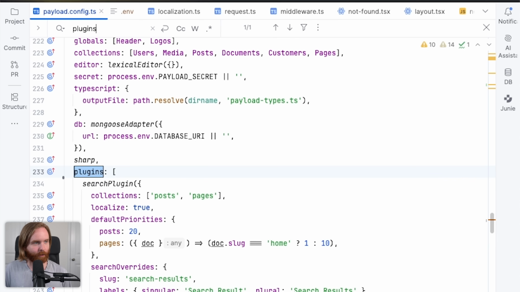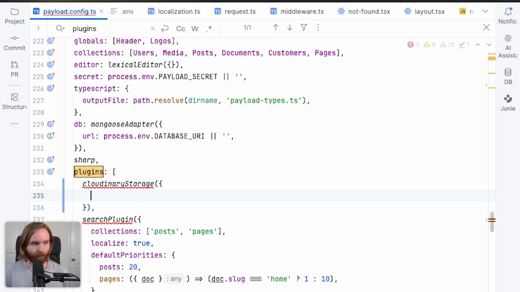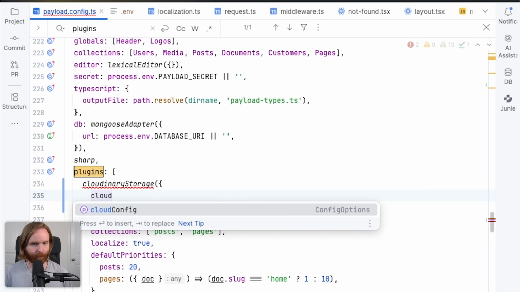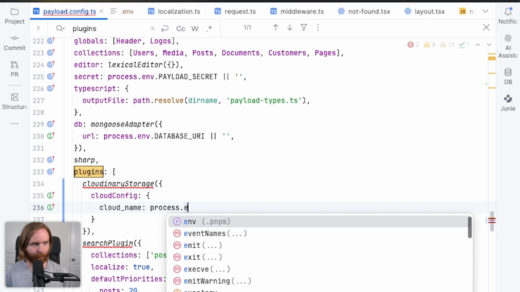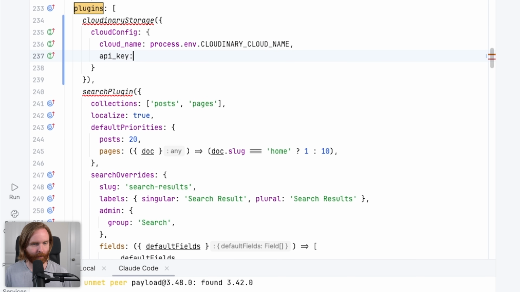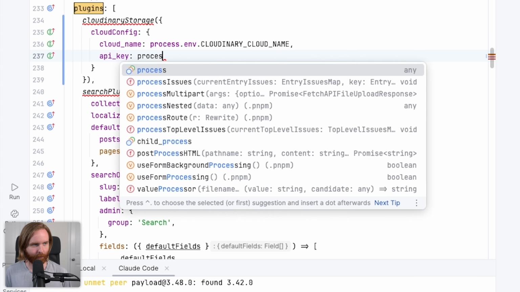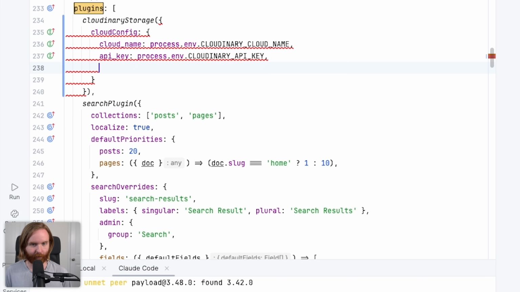And now we can go down to our plugins, and at the top of our plugins array, I'll add our Cloudinary storage and add our cloud config, and then just pass in the cloud name, which will be my environment variable for Cloudinary cloud name, then the API key, which will be the environment variable Cloudinary API key, and finally our API secret, which will be the environment variable Cloudinary